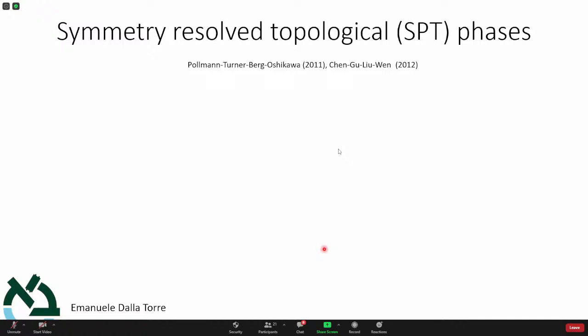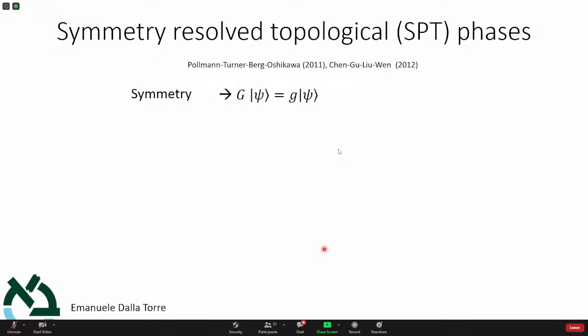Okay, so you can prepare that state. And the question we asked is, how can I convince myself that I prepared a topological phase, or in particular, what is known as a symmetry-resolved topological phase, or symmetry-resolved topological states. So this is a particular type of topological states. Let me show you a nice way that we thought about to characterize the topological properties of the system, which for me was also a way to learn about topological phases. So these phases are phases that require symmetry.